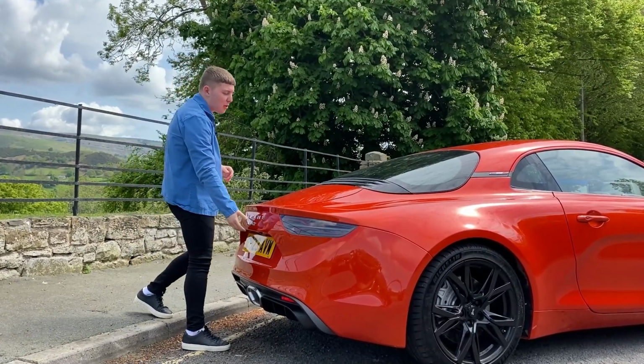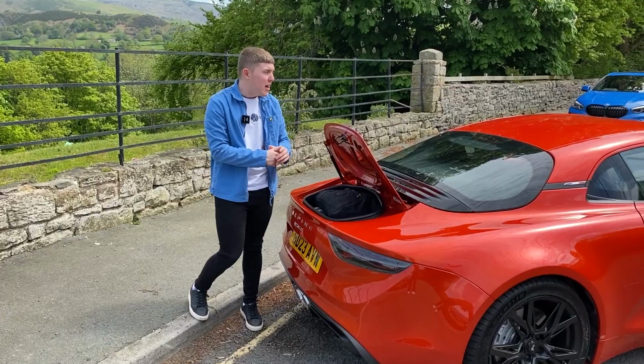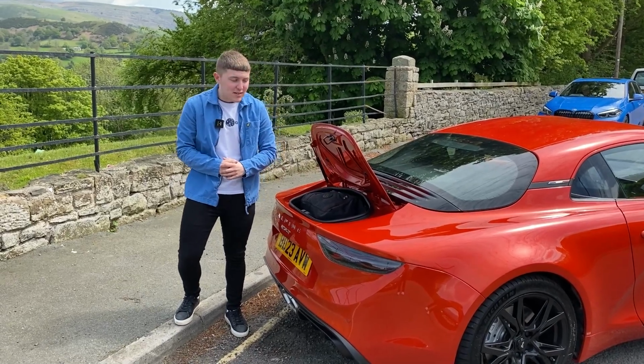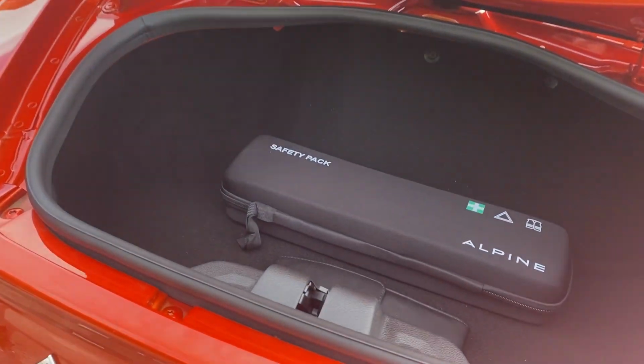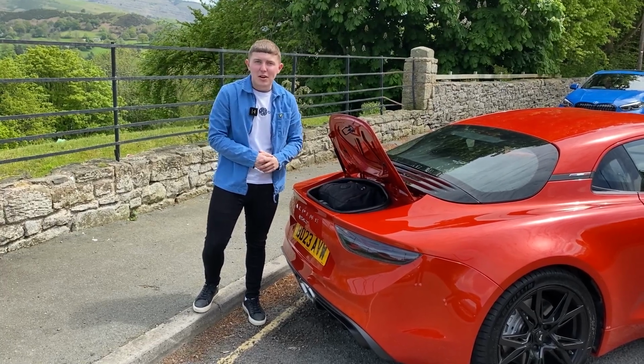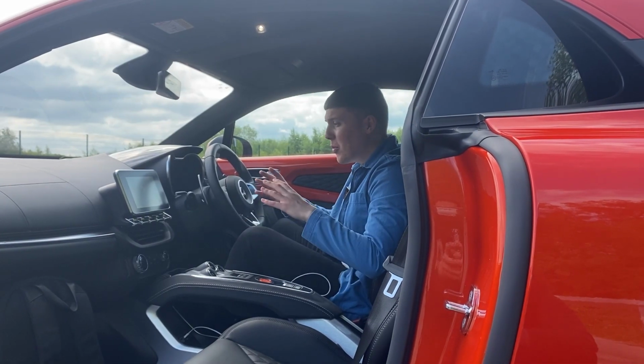Now, if we take a look at the boot, and do you know what? The boot space in this car is very limited. That front one is a major help because what you have here is 100 litres of boot capacity, which could fit your work bag, could fit an overnight bag, but ultimately that one at the front just shows the true practicality of this car. And the practicality is really felt in the interior of the A110, which, may I add,